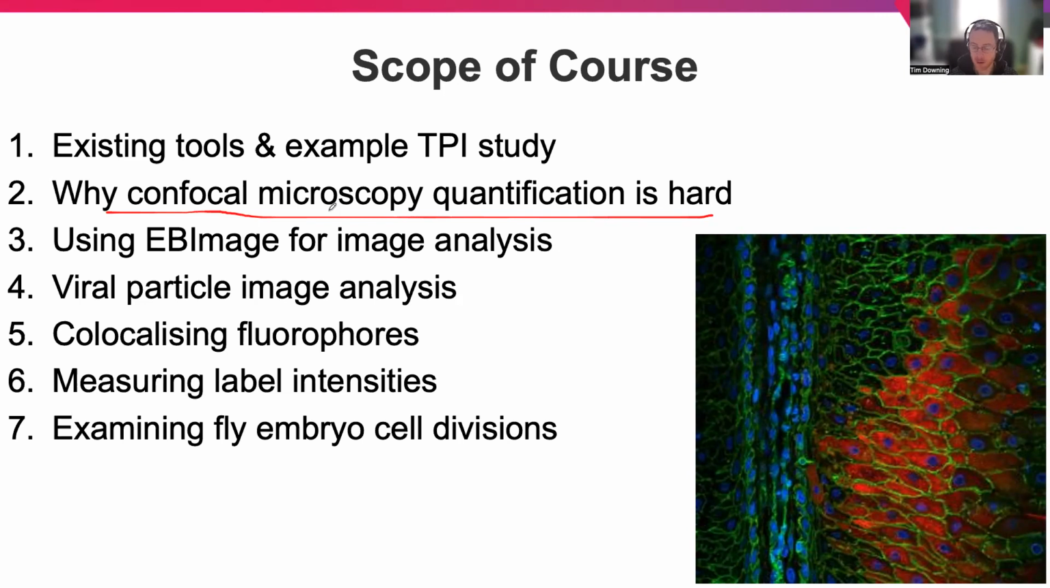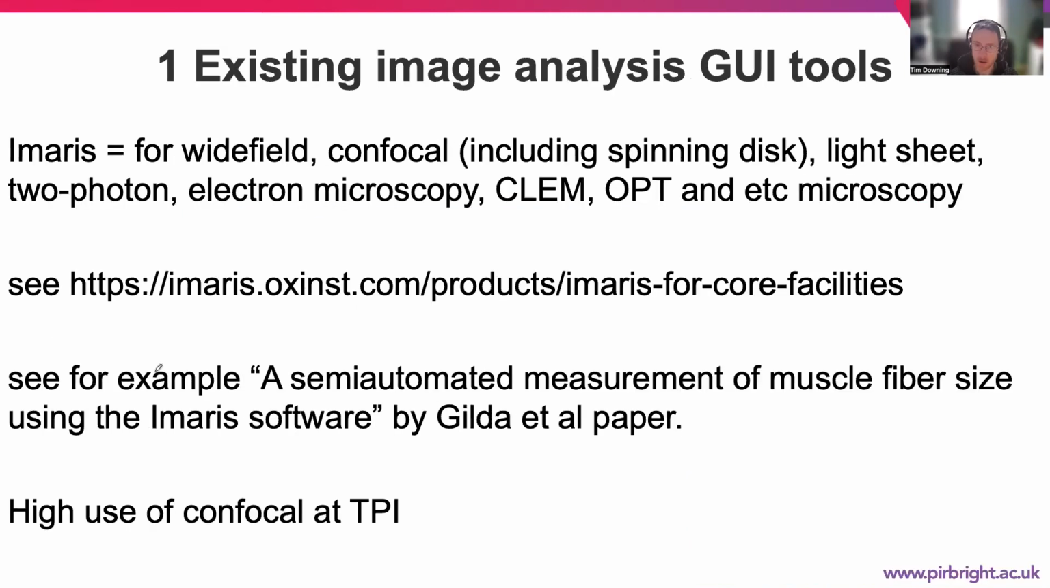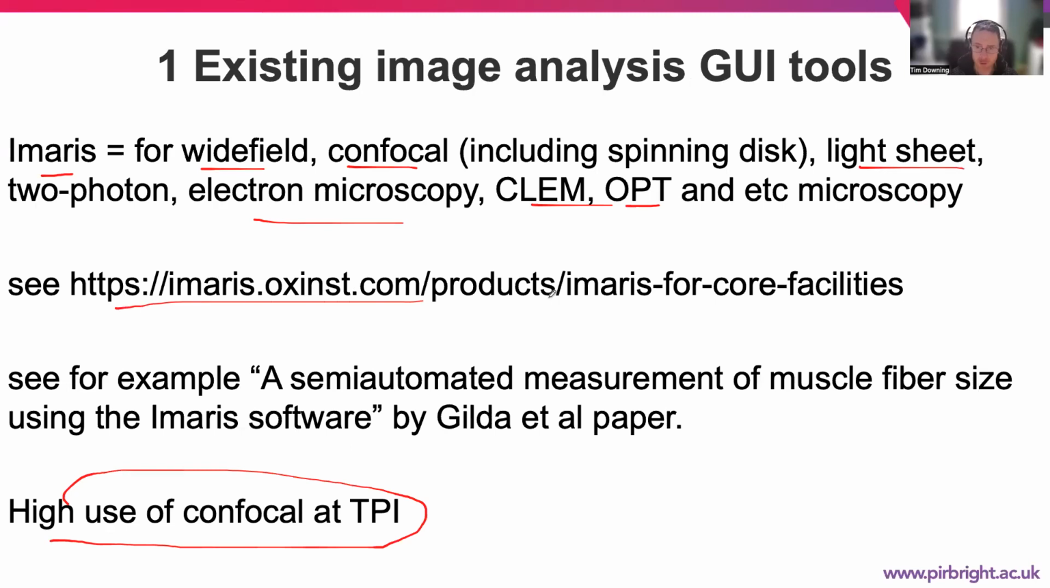First, we have to consider existing tools that may be used. The first of which we're going to consider is very highly used for confocal microscopy at the Institute. It's called IMARS, and that does a range of different microscopy approaches, including wide field, confocal, light sheet, two-photon, EM, SLEM, OPT, and so on. And there's more information available here, and there's the example paper where you can see an example of how it